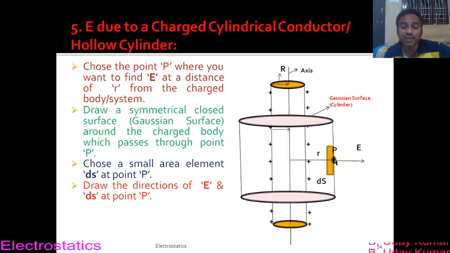So that means at point P, the electric lines of forces will be coming out of this Gaussian cylinder, which is directed outwards, right? Anyway, and ds is also directed outwards here. You know why, right? Because ds is the direction of the area element that I am choosing, and this direction is going to be perpendicular to the surface itself. Okay, so now that means from the figure it is clear that both E and ds are along the same direction, and hence the angle between E and ds is going to be 0 now.